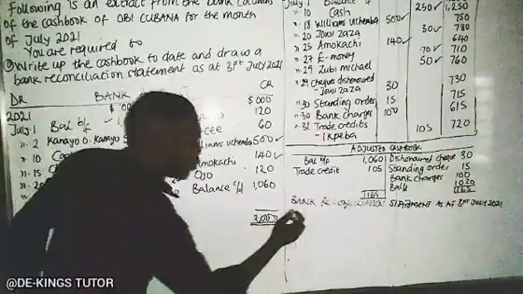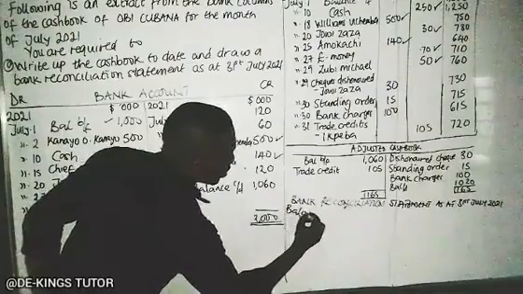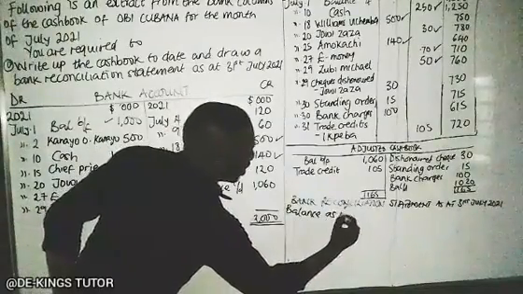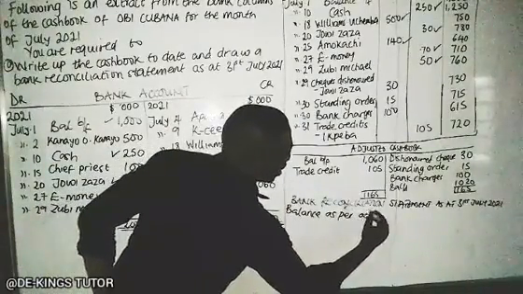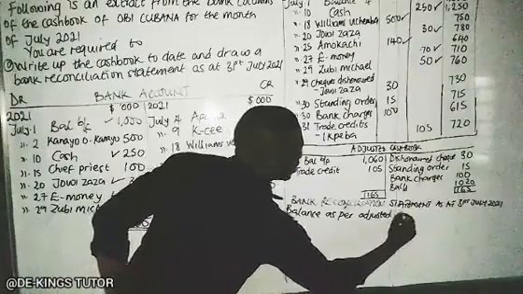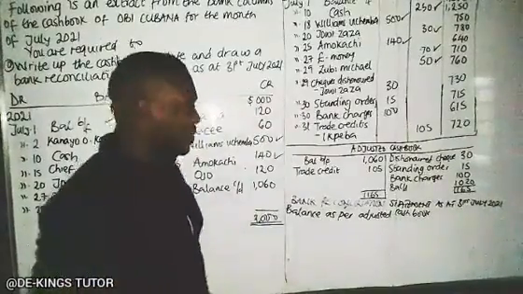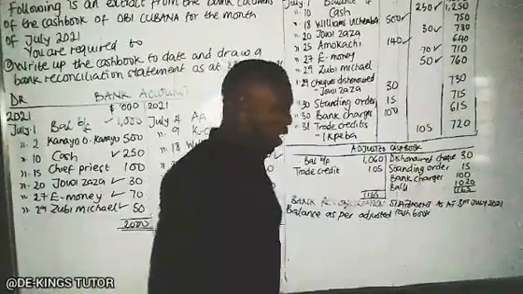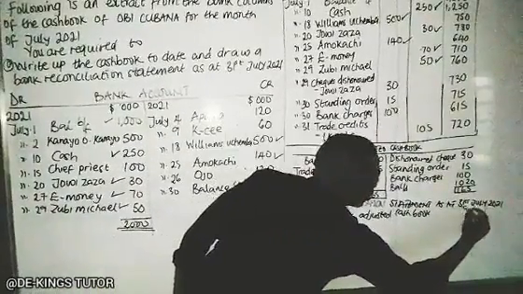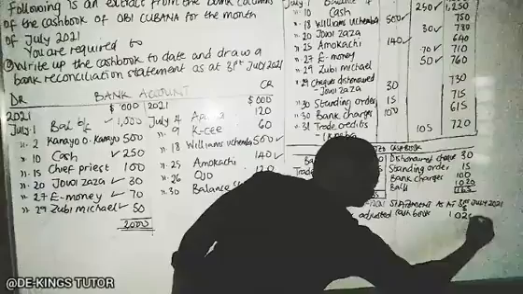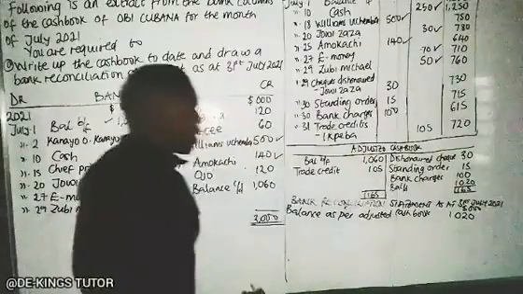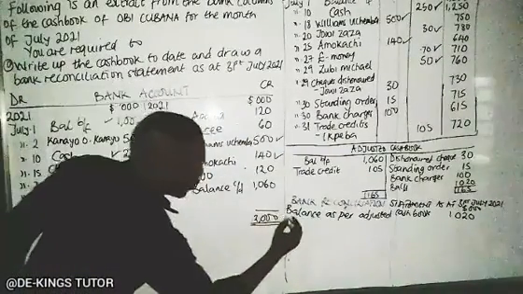Okay, so remember we'll start with balance as per adjusted cash book. And the balance we got as per adjusted cash book is this 1020. Okay, so now we'll add